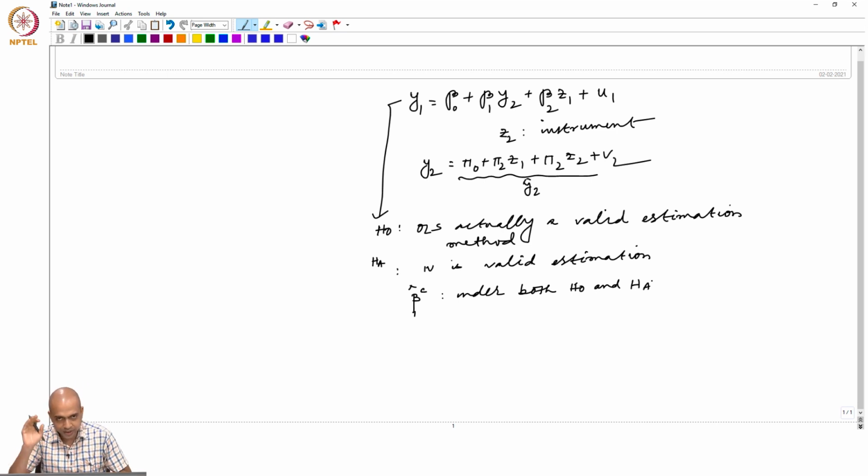So, there won't be any problem in consistency. So, beta hat C is consistent